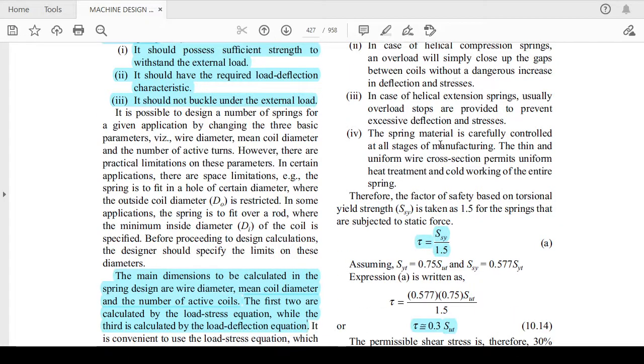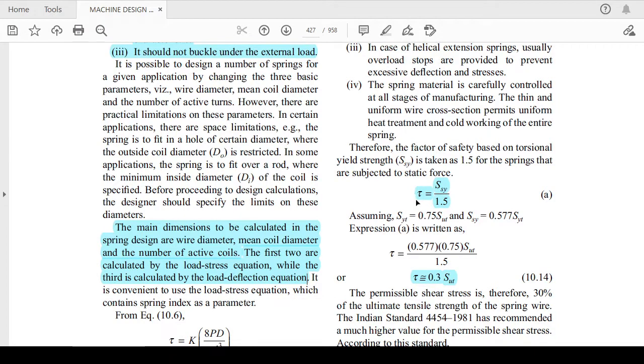So if you take it as 1.5, then you can write the shear stress as Ssy, which is the torsional yield strength, divided by 1.5.